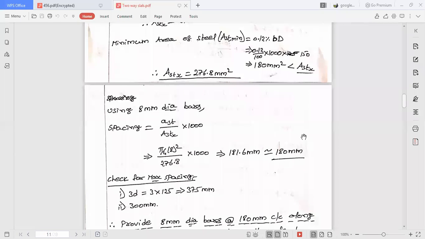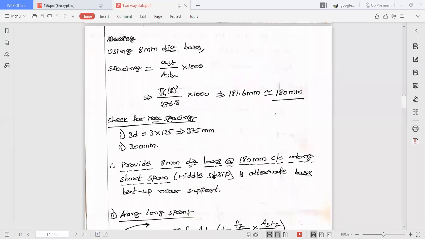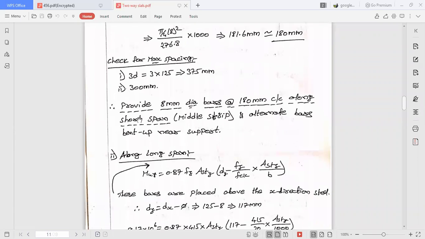You cannot just select this as final. We have to check for maximum spacing, which is 3D and 300. So one is 375, another is 300, another is 180. What is the least value out of this? 180. So the final statement is provide 8 mm diameter bars at the rate of 180 mm center to center